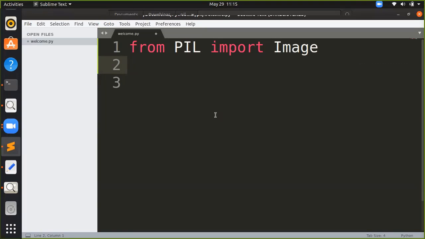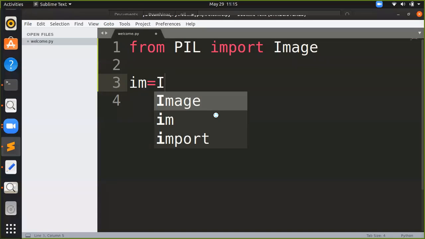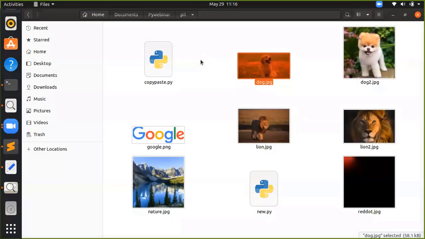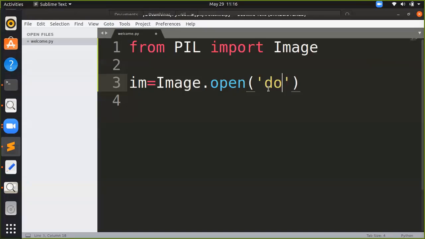So what exactly do I have to do? I am creating one object, im equal to Image.open. The parameter I have to pass is the name of the file, doc.jpg.